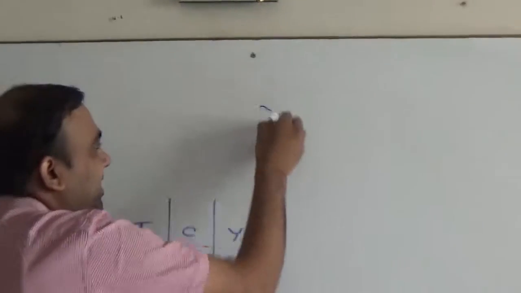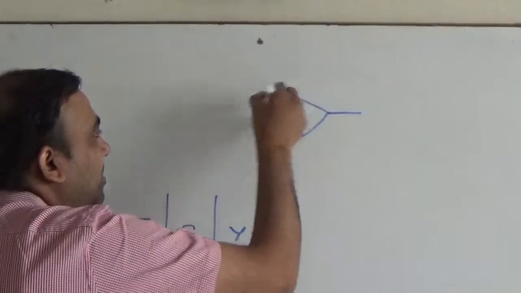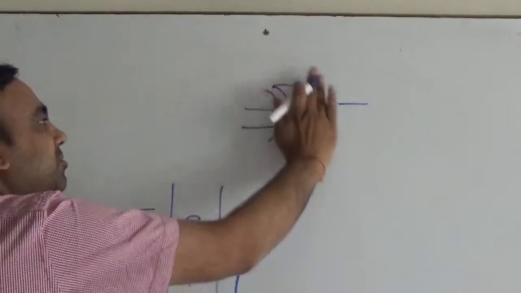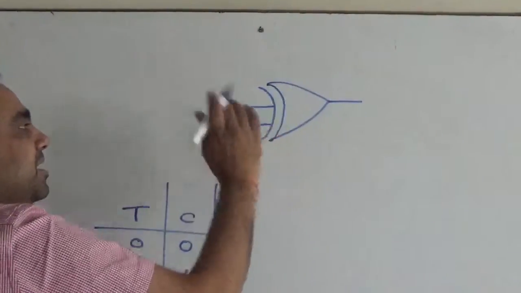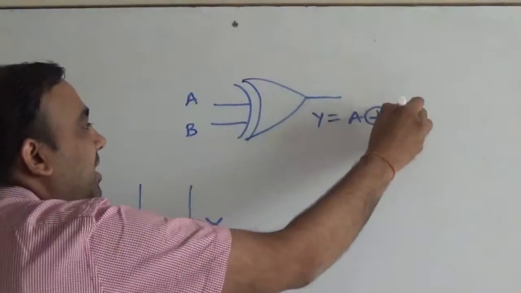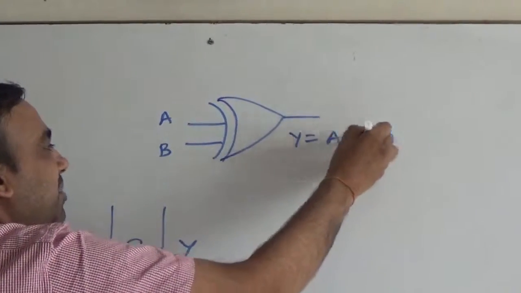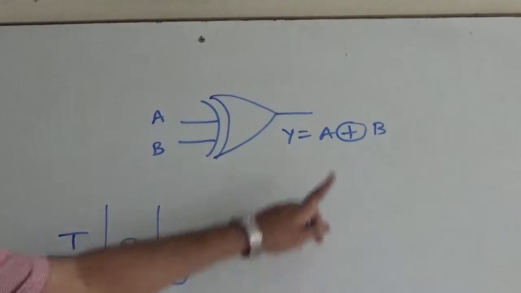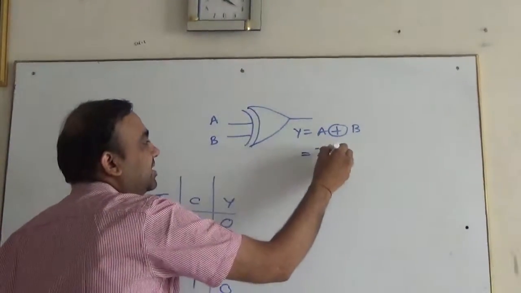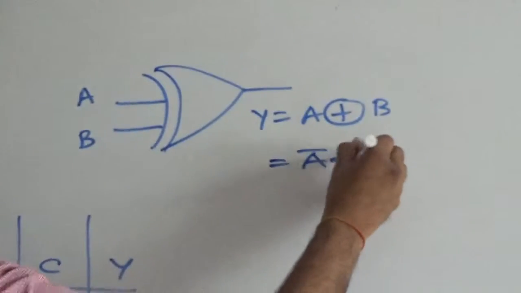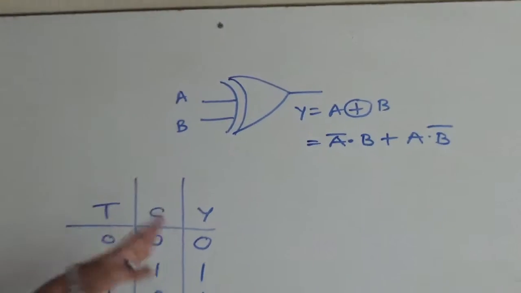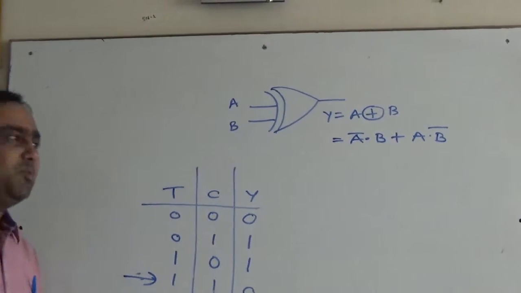So symbolically, XOR is very much the same as OR. Look at this, only this curved part is added. This is actually the old symbol of OR and only this part is added. So here Y is A XOR B. This is again a plus, a rounded plus. This rounded plus tells us that it is something different than OR. In digital, the Boolean equation is A bar dot B plus A B bar. So in this way, that is the logic of the XOR gate.